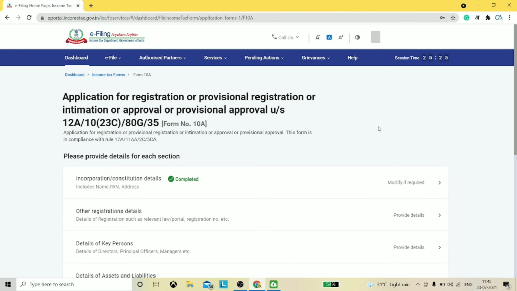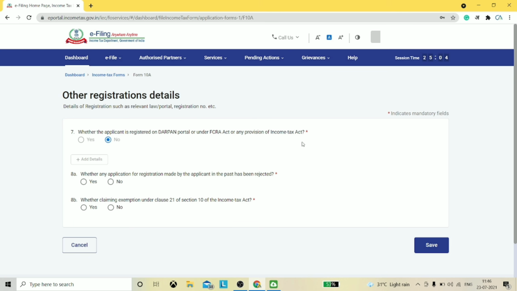Also, if you have filled all the relevant fields of the first section, after saving you will find a green tick with completed appear on that particular section. Moving on to the second section of Form 10A, that is other registration details. In this section, one needs to fill in complete details of all the statutory registrations taken by the organization, specifically the FCRA and Darpan portal. Once you click on yes to point number 7, the Add Details tab will become active,